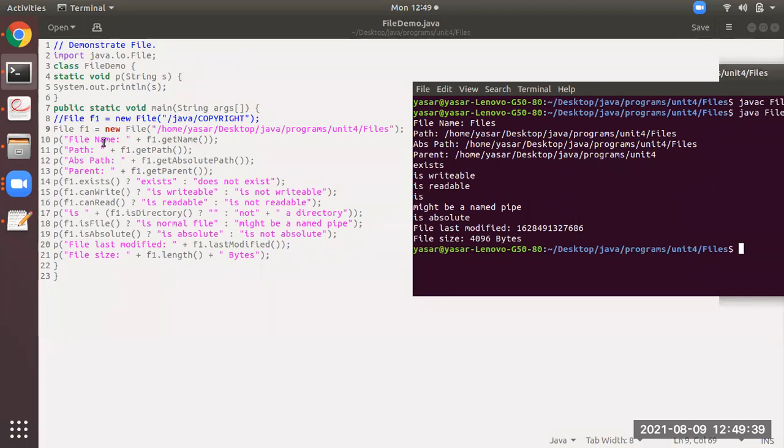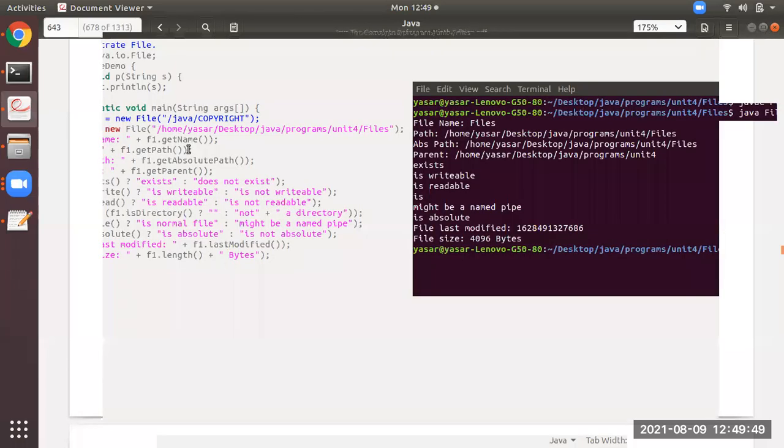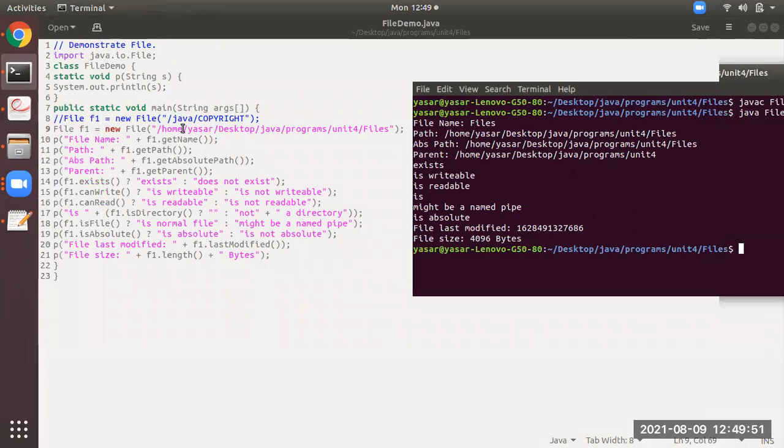And you all please observe line number 8. At line number 8, the textbook has given its own path. What I did is I have given my path where this program is residing in my computer. You can give your path also, don't worry. So this is the path I have given. I'm mentioning that I have changed the path according to my computer.